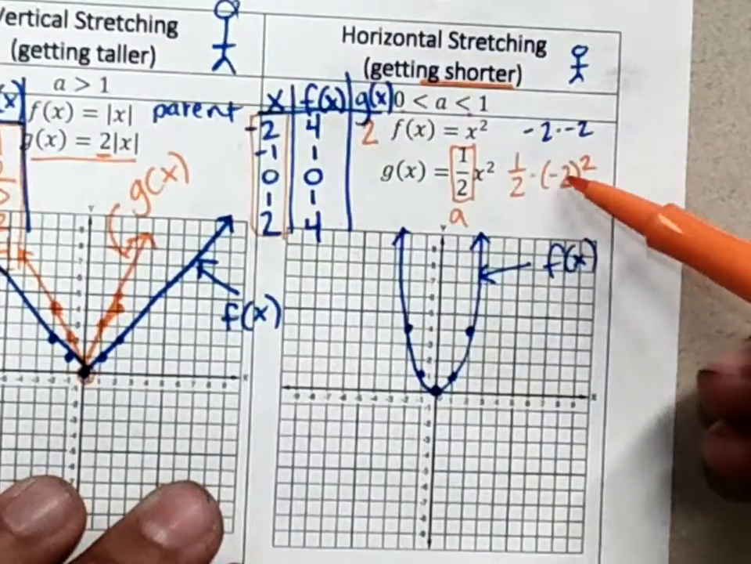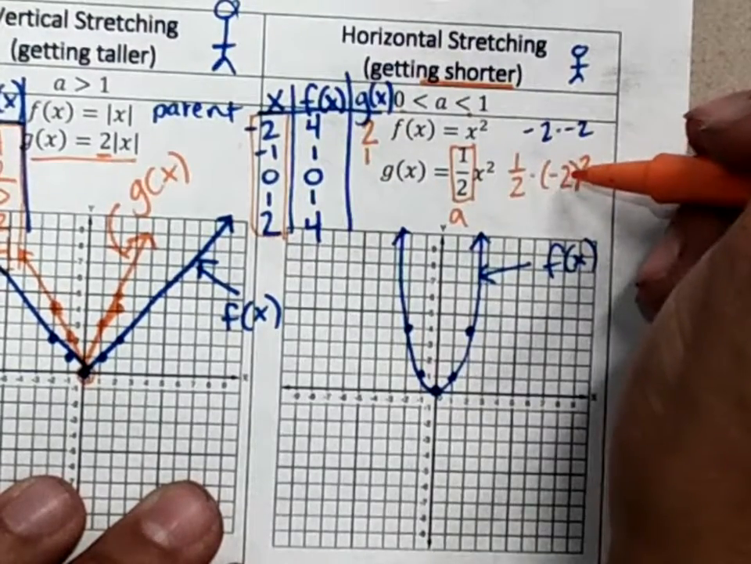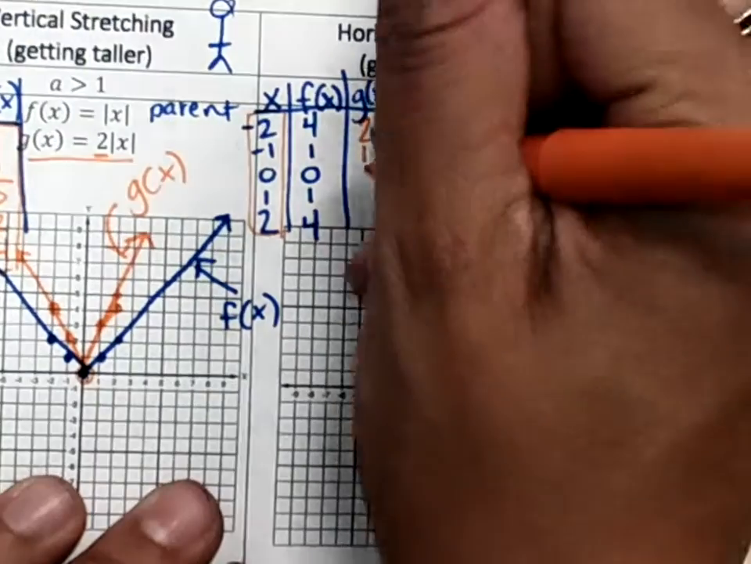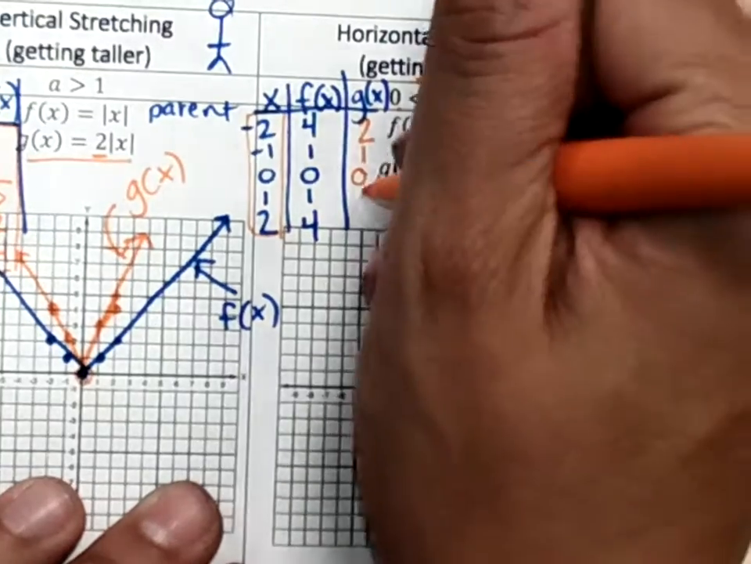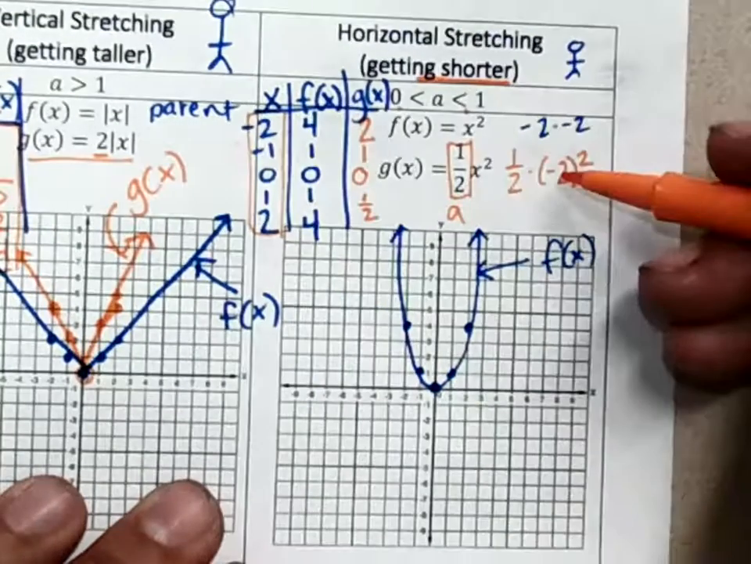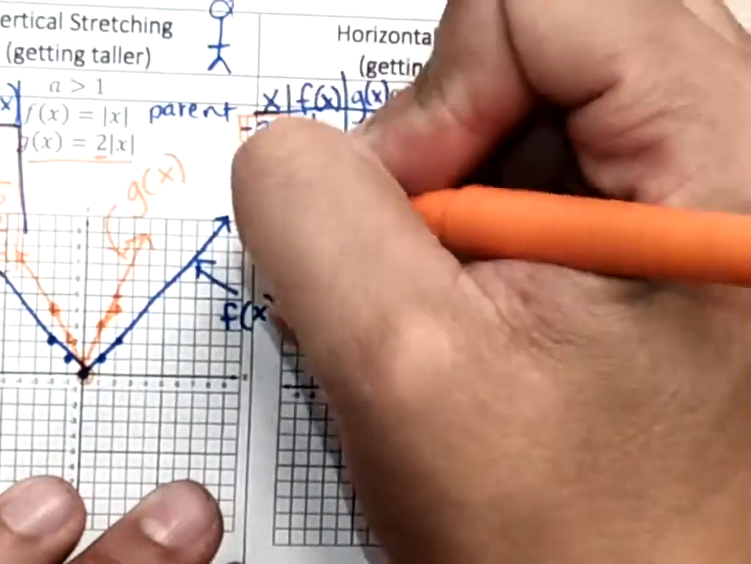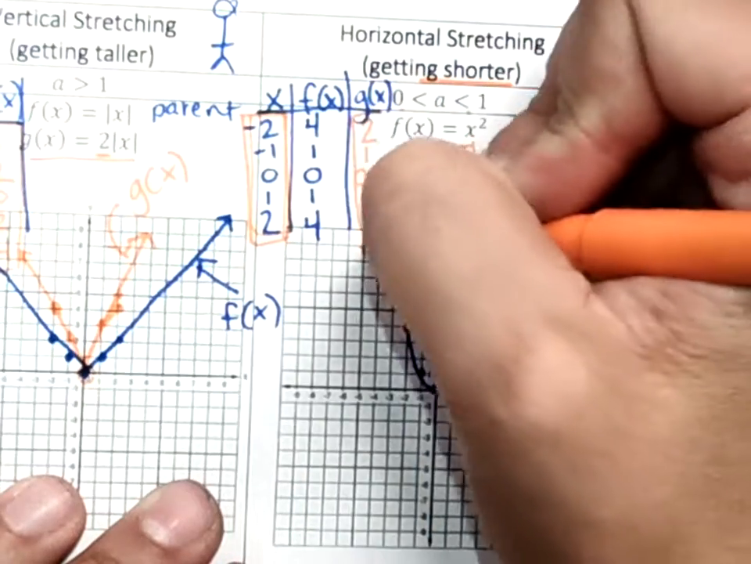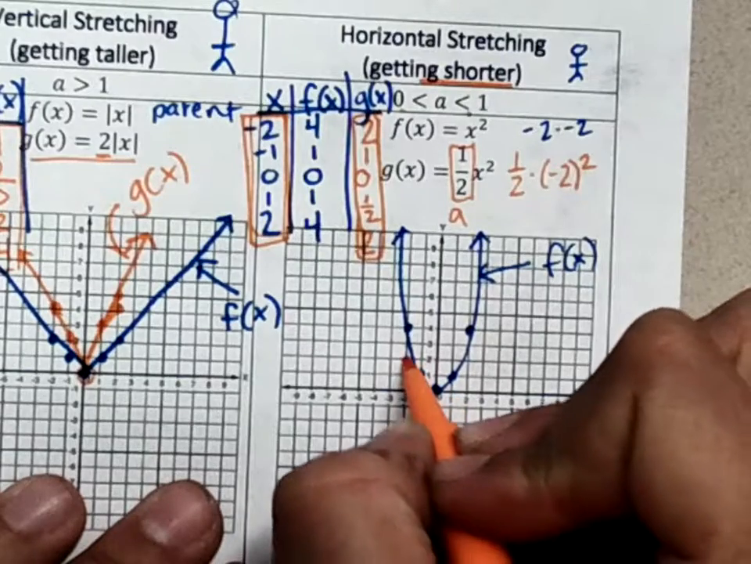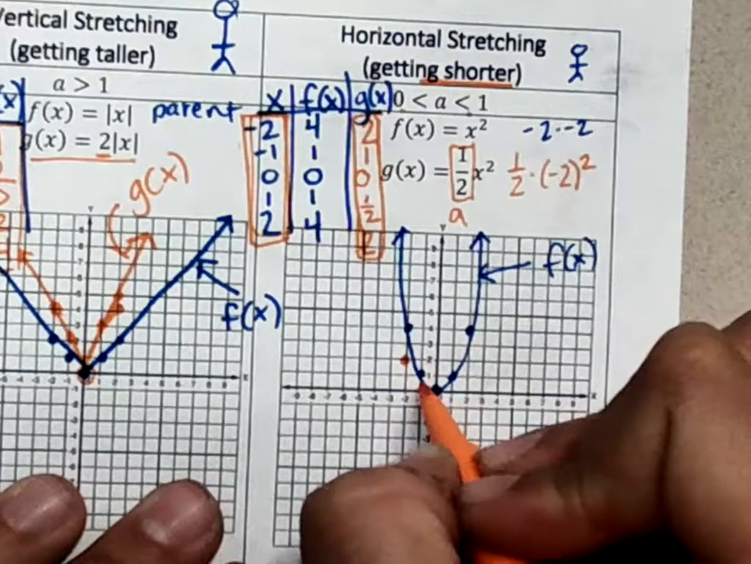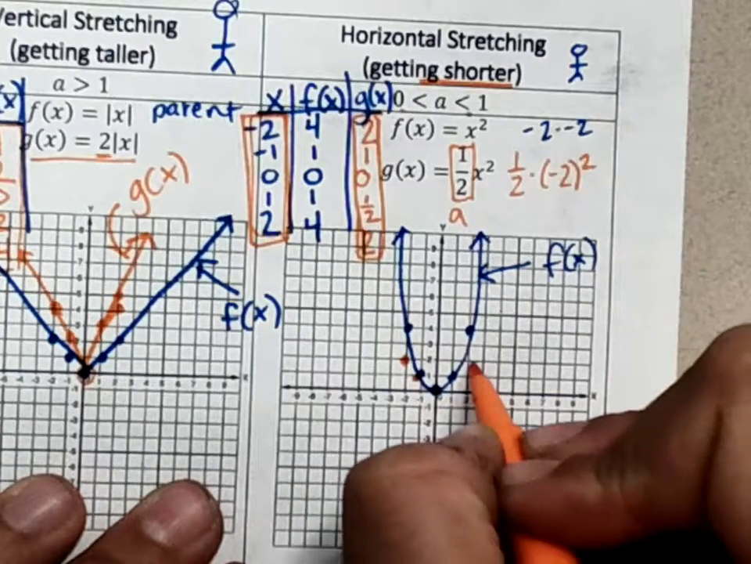-1 squared is positive 1. 1 times 1/2 is 1/2. 0 squared is 0. 0 times 1/2 is 0. 1 squared is 1. 1 times 1/2 is 1/2. 2 squared is 4. 4 times 1/2 is 2. So we are going to graph our original x value points, and we're now going to graph our y value. So we have -2, positive 2, -1, positive 1, 0, 0,